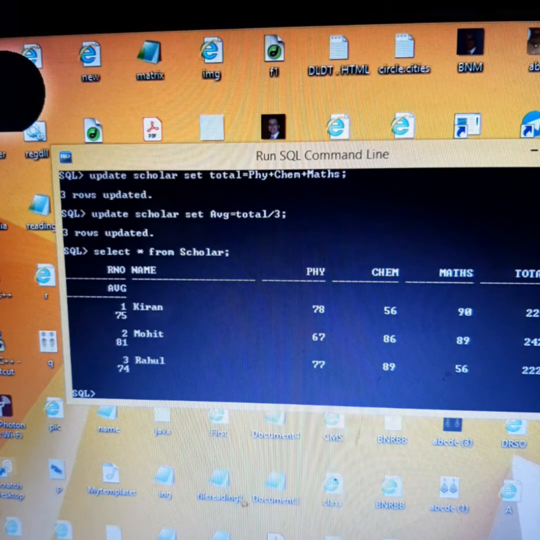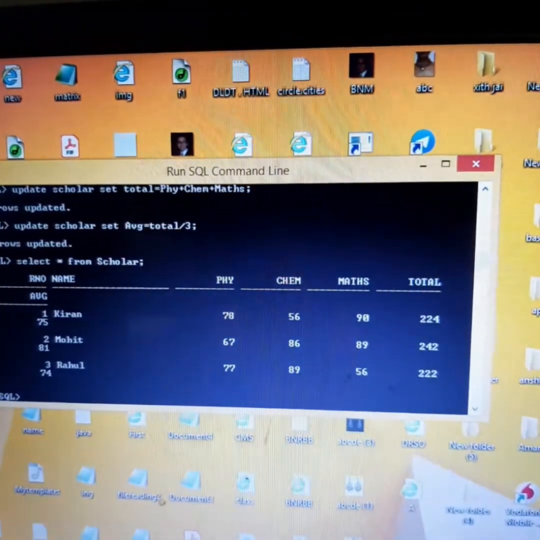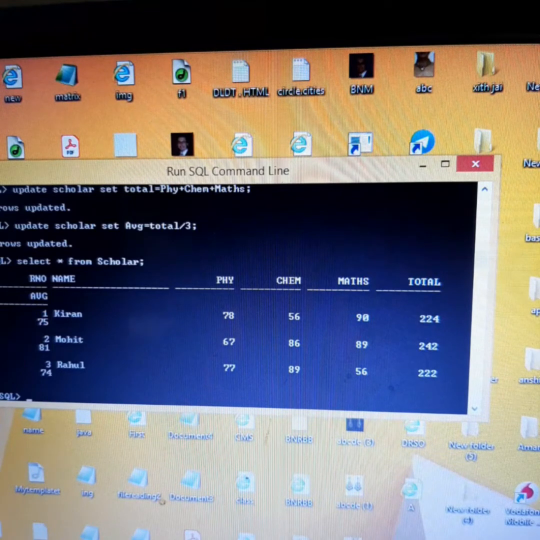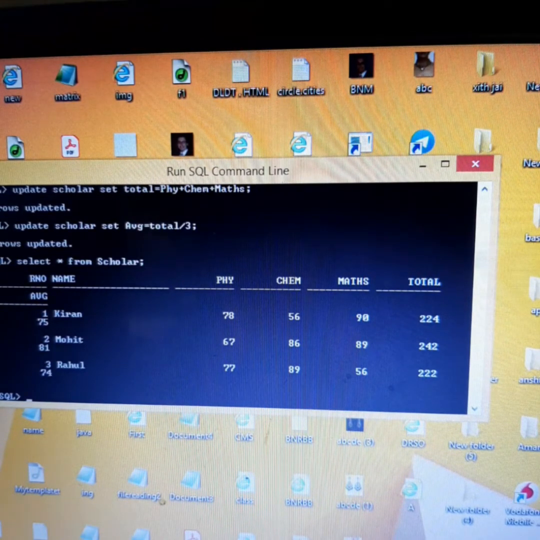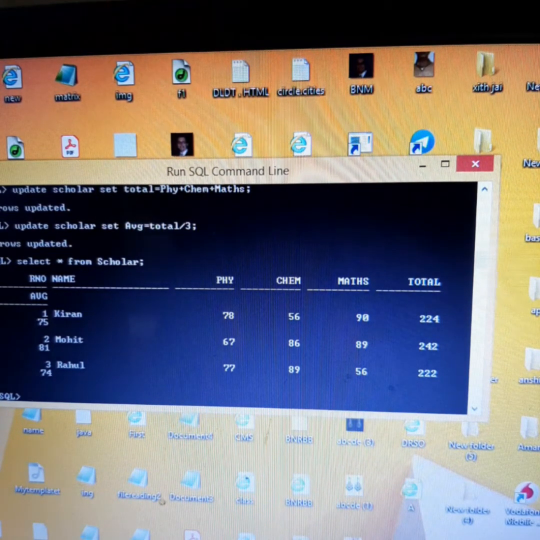Right, but if you see, the records are coming in such a way that total is coming on this side and average on the second row. For that we can use some formatting features also, which we are going to see along with these commands.